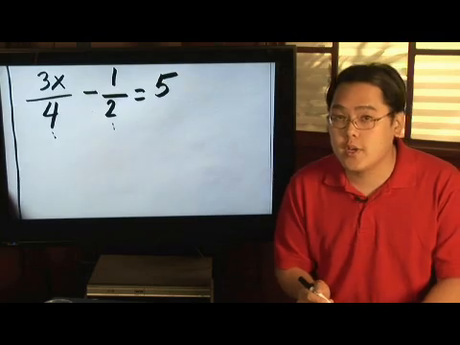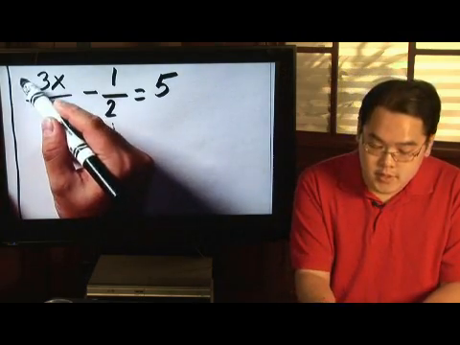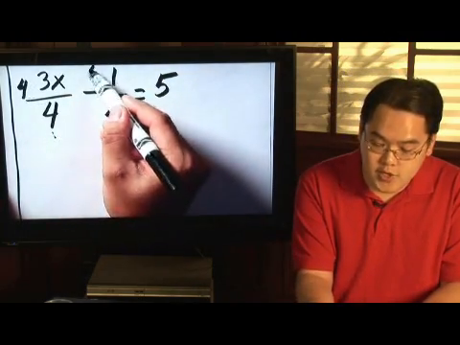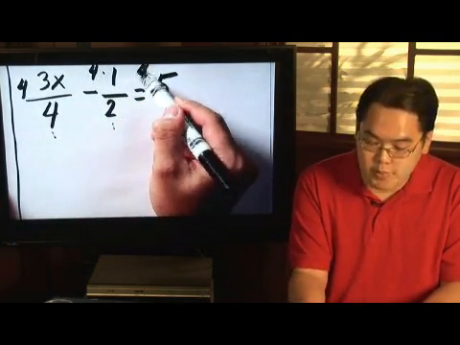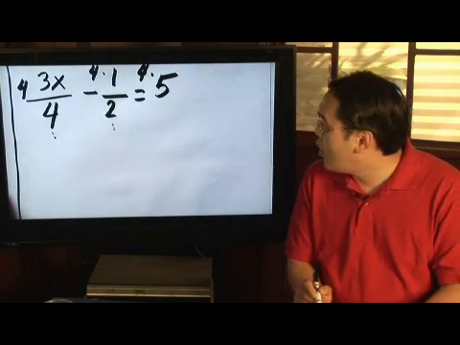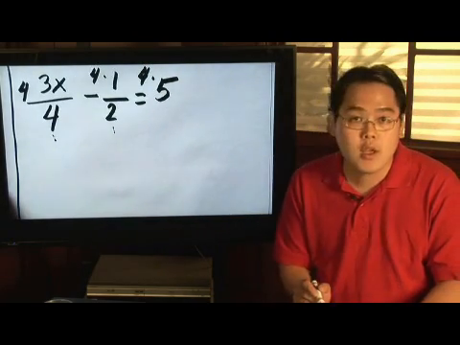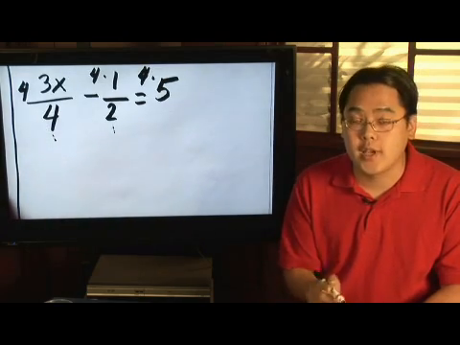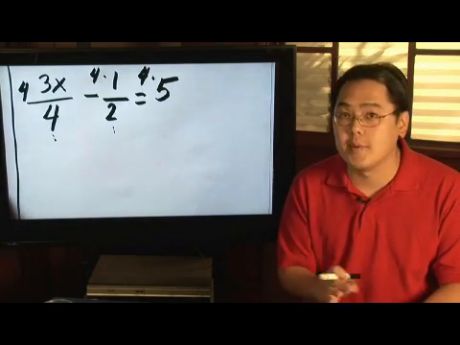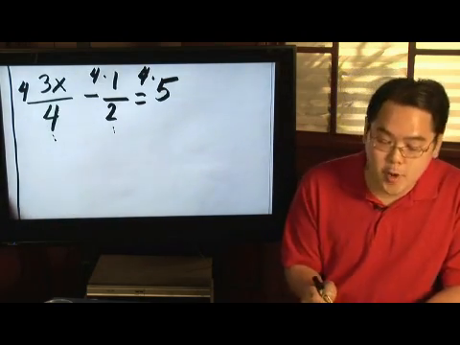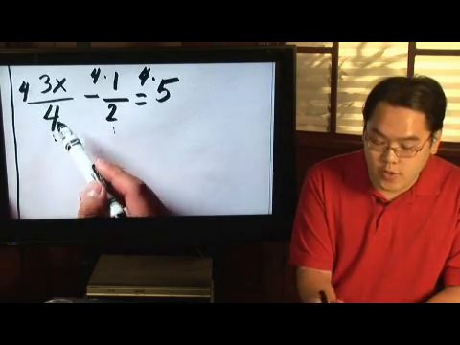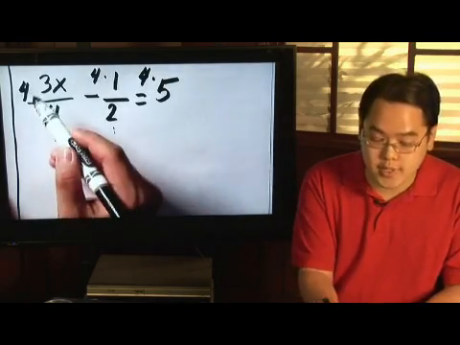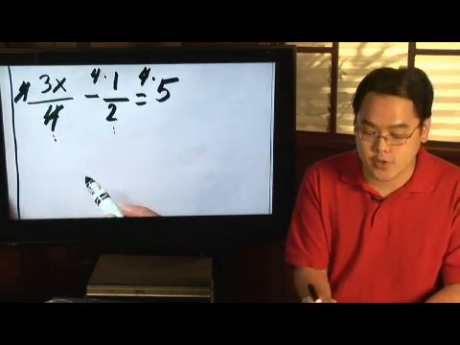So here's how you use that number. Take every term and multiply all the terms by the number 4. Now, what you can see here is that the 4's will cancel and your fraction equation becomes a non-fraction equation. Check this out. The 4 and the 4 and 4 reduces completely, so the 4's are actually canceled. So you're left with